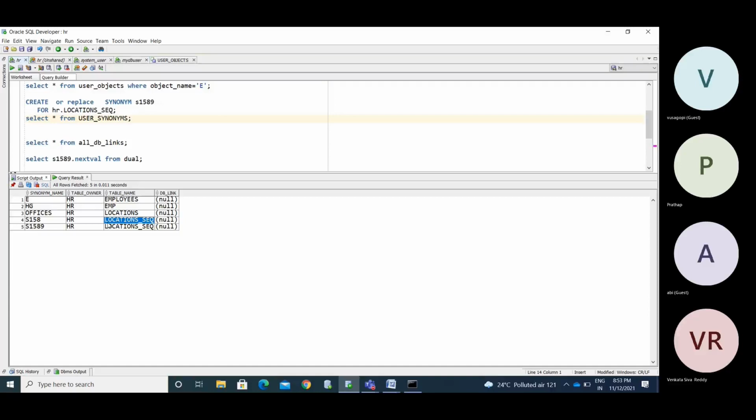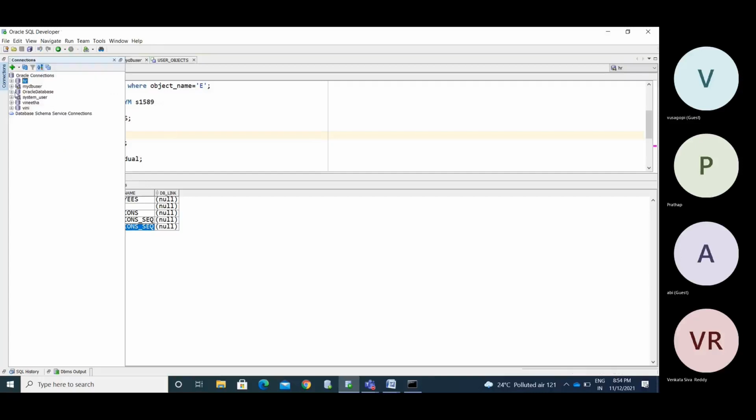I haven't observed until now where public synonyms are stored, and I haven't created any synonym now. So maybe to see public synonyms you may have a different meta object. We don't have it here. Definitely there is an option to identify whether it is a public or private synonym. Check in Google where public synonyms are stored; you may find some meta object.